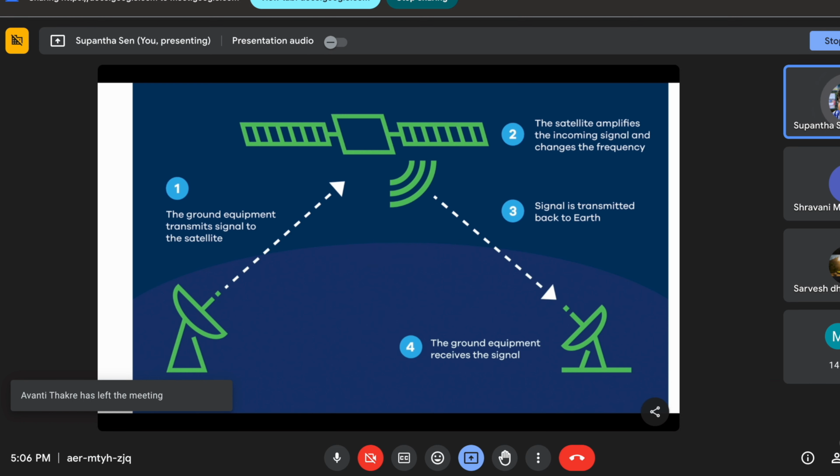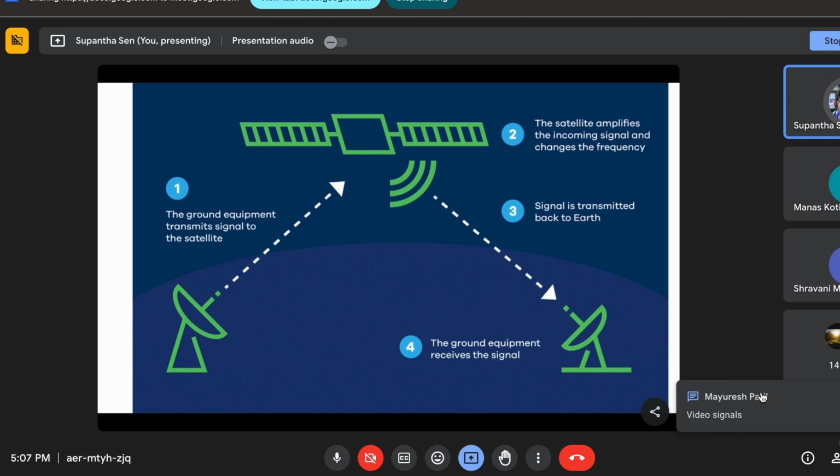TV, social media, is fine. Somebody answered, but with TV, how is the signal going from here to here? That physical data has to go, no? How is it going? The antennas, okay, antennas is fine, but generally from my home there is no antenna to your place. It is not communicating directly.